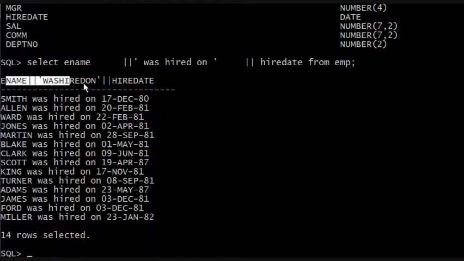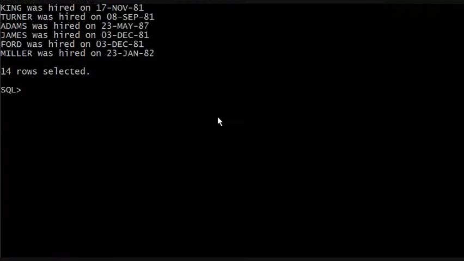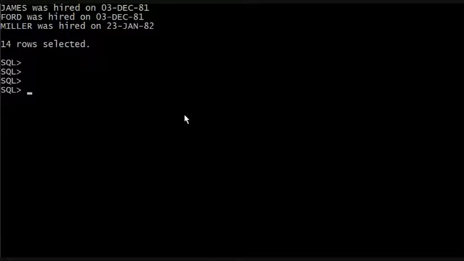All right, and as you can see, the column heading is a mess, but we'll clean that up. So let's do that again without all the spaces. So select ename, double pipe, quote, space, was hired on, space. Let's close out the quote. So select ename, quote, space, and this is what you're typing in, was hired on